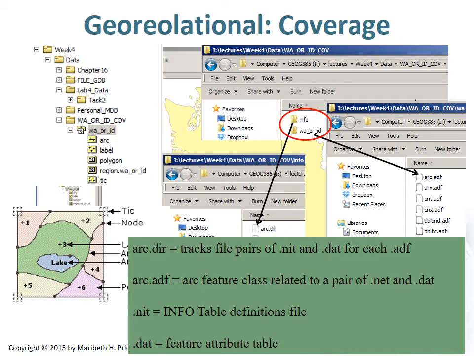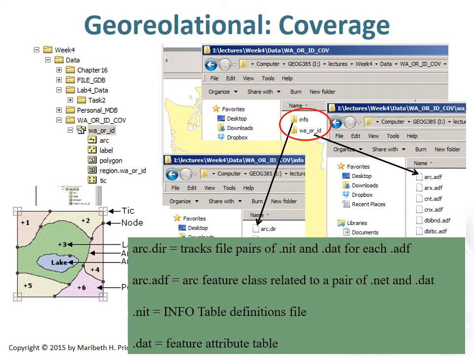An older version of vector data is the coverage. Coverages store things in two different folders: the name of the coverage and an info directory. It needs both of those. And within the different directories, you're going to find a lot of files together with different extensions, different names. You're not necessarily going to know what those things are. But for example, here we've got 4 different